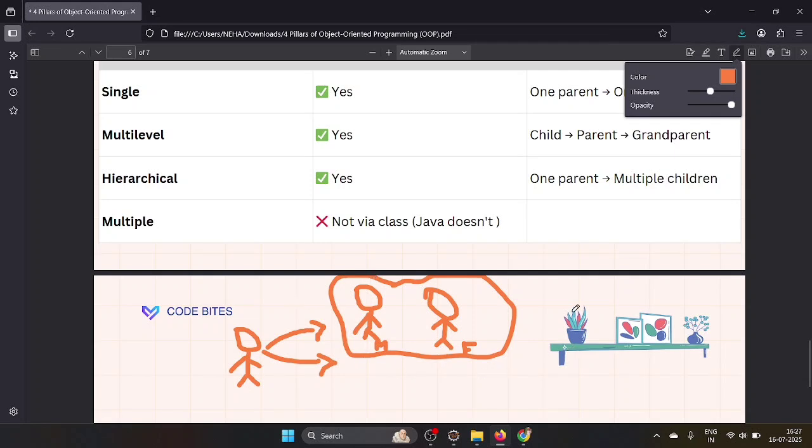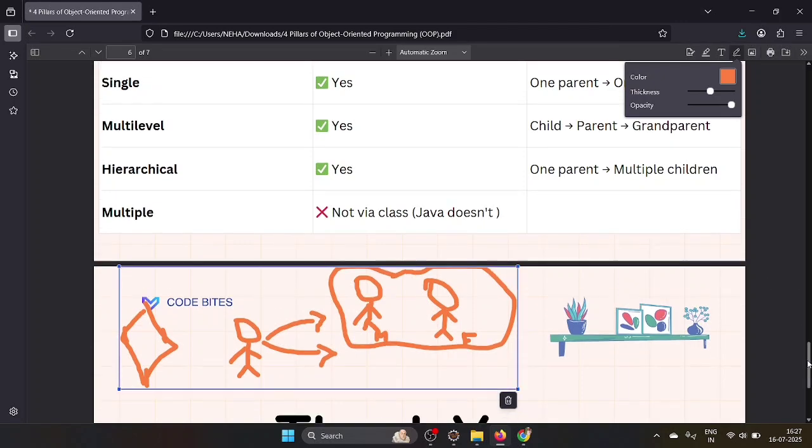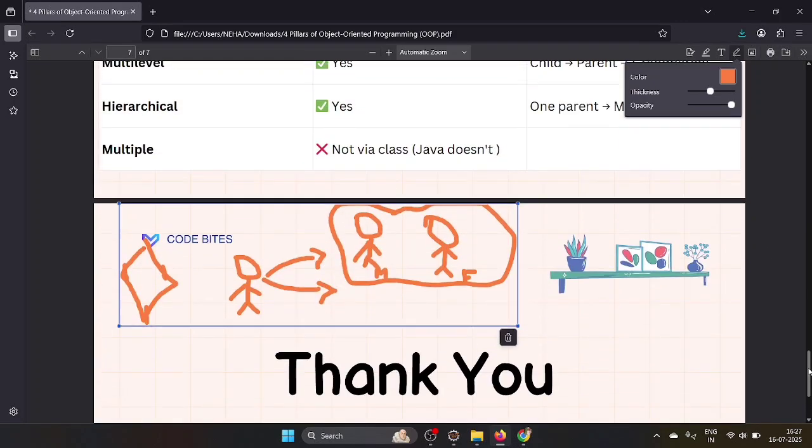So these things we can say are a multiple inheritance situation. But coming to Java, let's take you have one class, here also one class, and another class is there. You are extending this class and you are extending this class. These two classes are inheriting. Whether you write it or not, it is getting inherited from the Object class. Here you can see the diamond shape problem. So that's why multiple inheritance is not supported by Java.